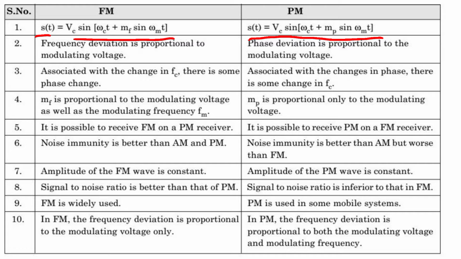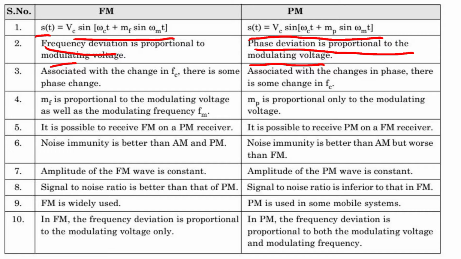Now coming to the frequency deviation. Frequency deviation is always proportional to the modulating voltage. Here frequency deviation means delta f. It is always directly proportional to the modulating voltage, that is the amplitude of the message signal. Now coming to phase modulation, phase deviation is proportional to the modulating voltage. Here also the phase deviation and frequency deviation both are proportional to the modulating voltage, that is the amplitude of